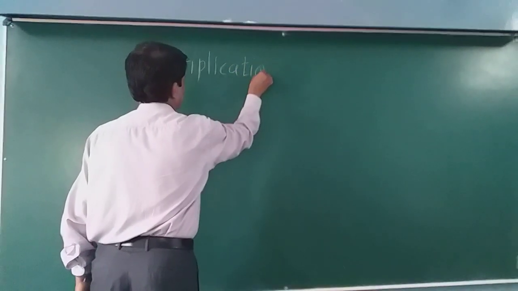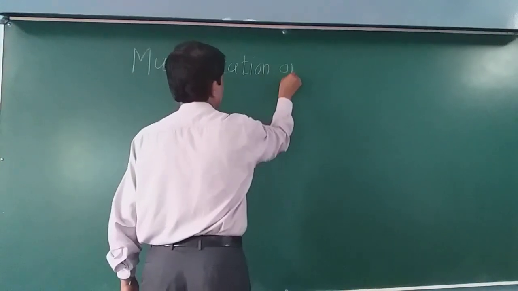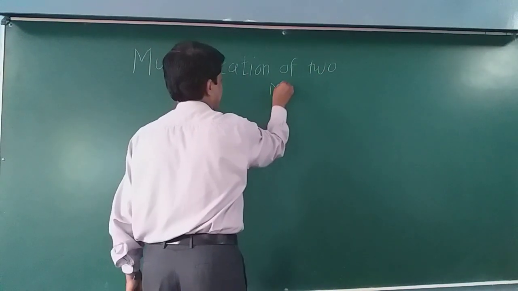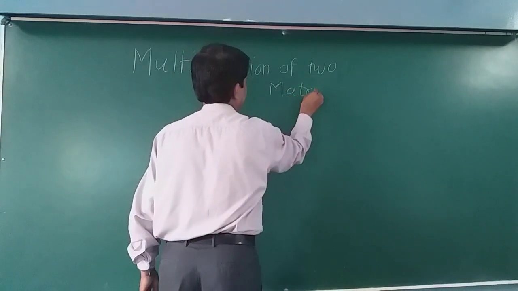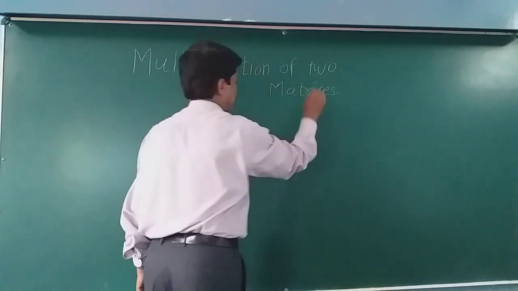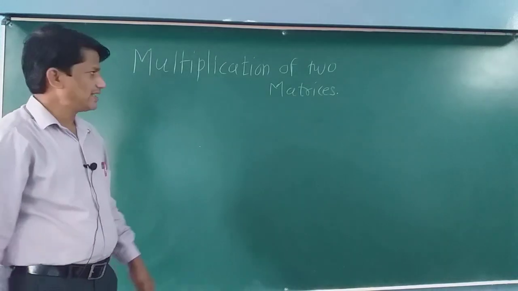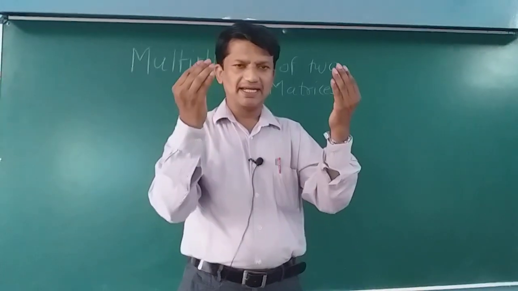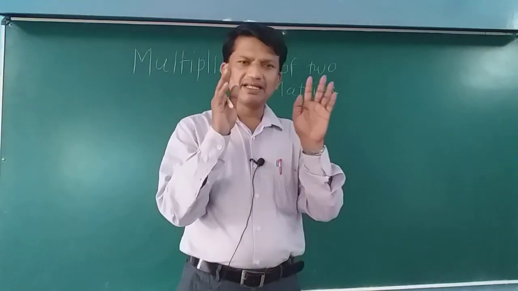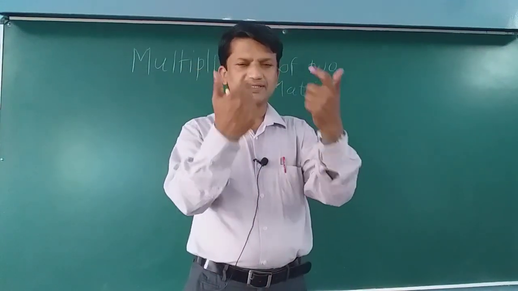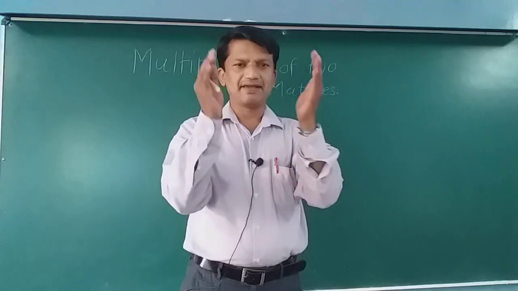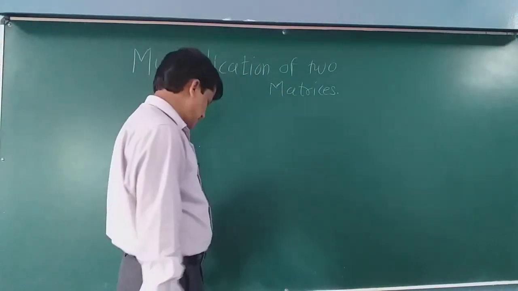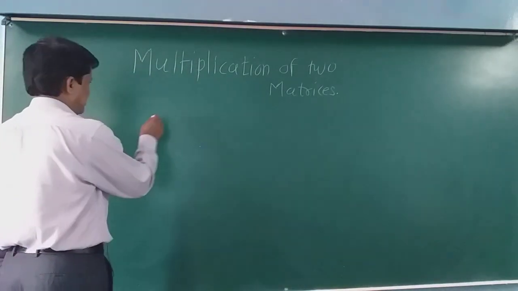Multiplication of two matrices. Just like in algebra we know how to multiply two numbers, in a similar way, in the matrix topic, how do we multiply the first matrix with the second matrix? For that, suppose